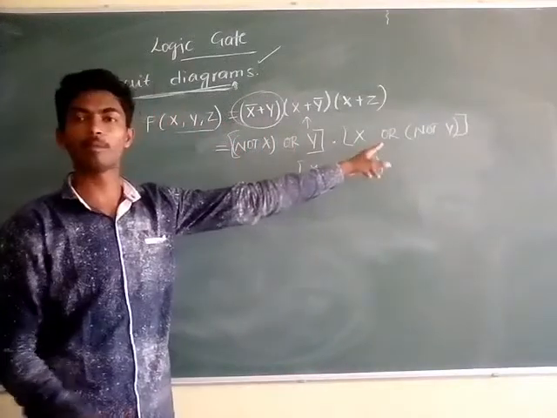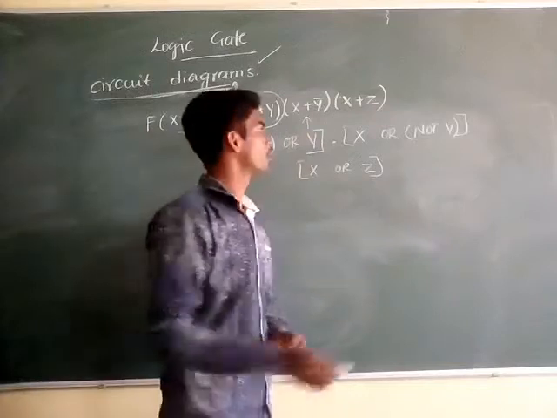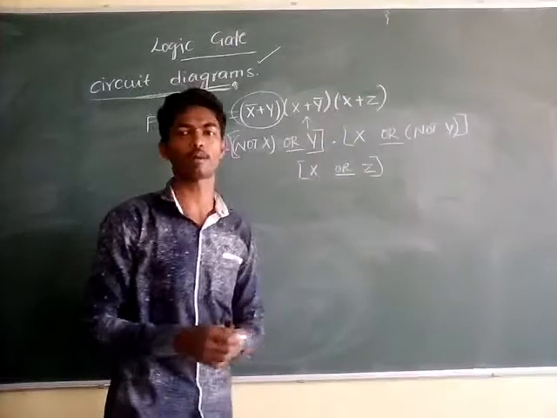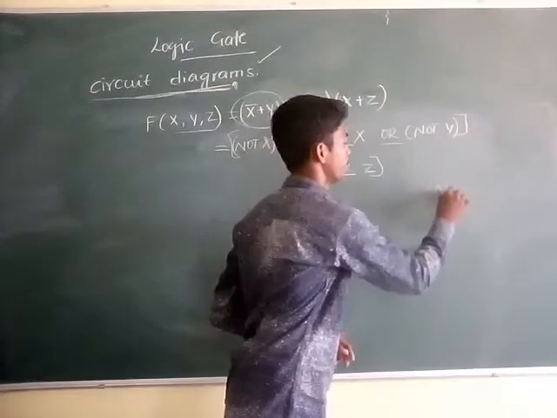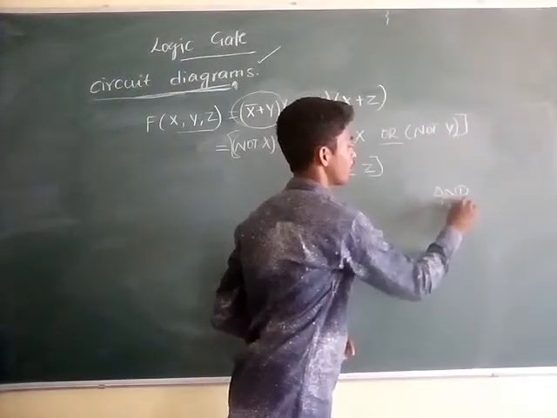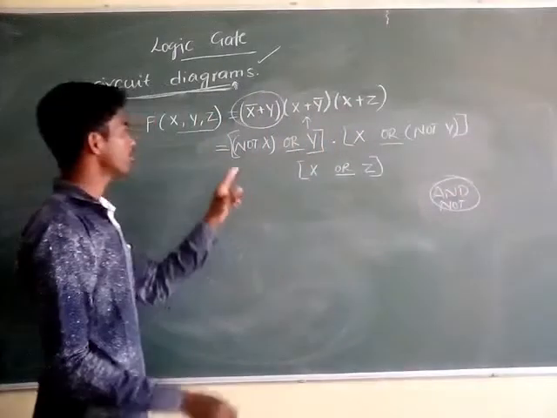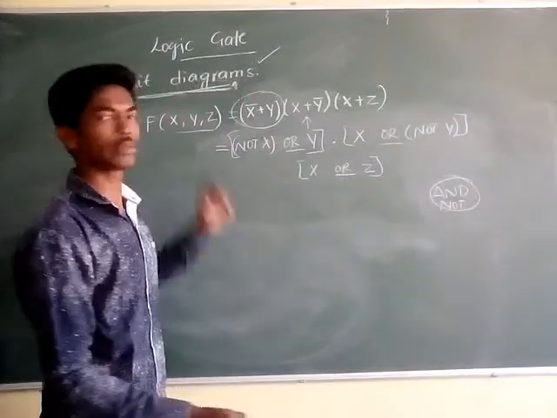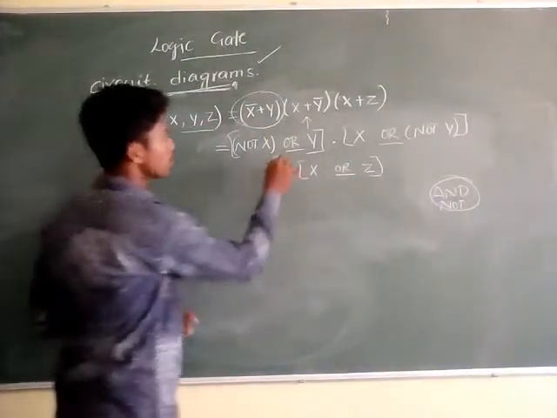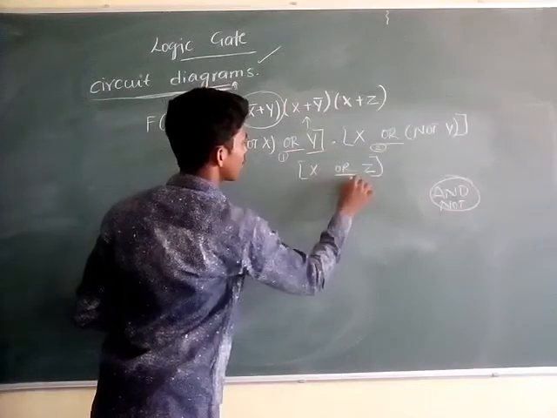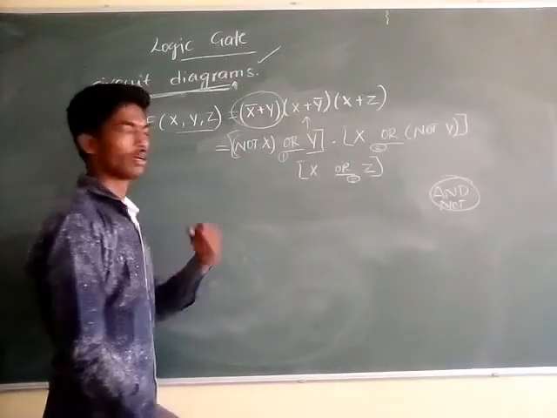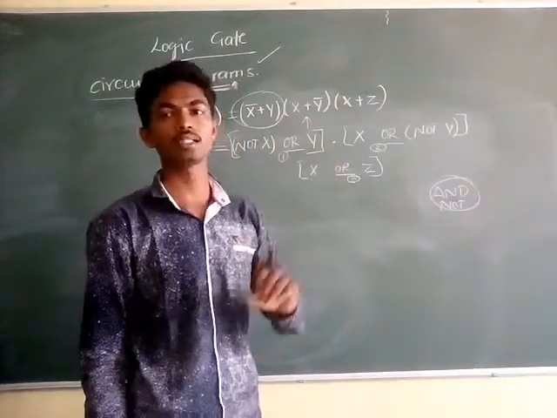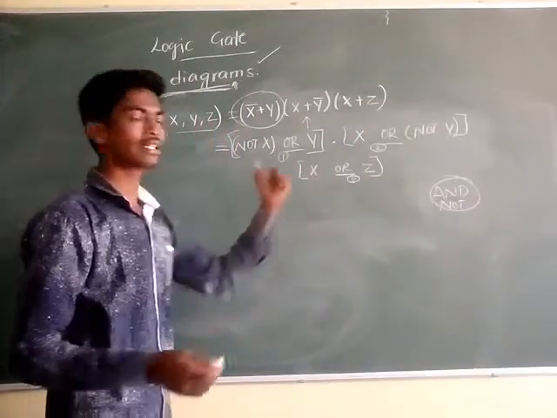The key note you have to remember is that you always have to write the gates in capitalized format, OR and AND, not like that. Remember this also. Then this is enough to draw the circuit diagram. Let us start to draw. First one, second one, and a third one, OR gate. Three OR gates are there. In the previous expressions we got three AND gates. Now we are getting three OR gates.